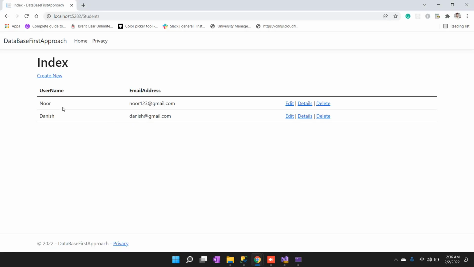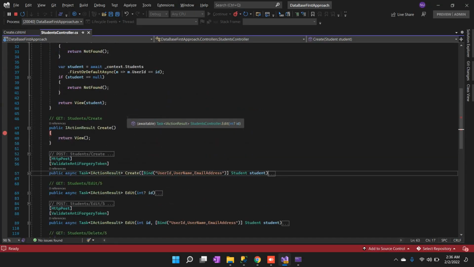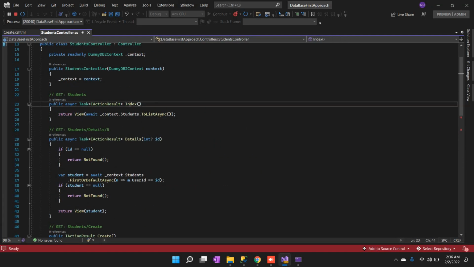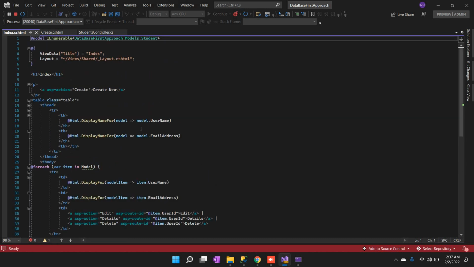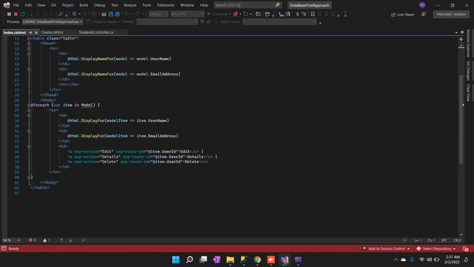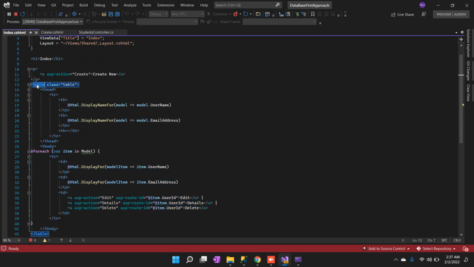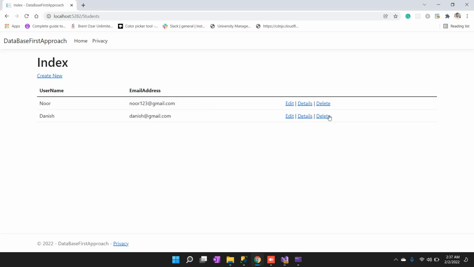Now you will be wondering where this screen is coming from. So if I just go to the index page, I mean this one, this line returns a list. Now if I go to the view, you can see here that we have the list. It is all a list, okay, inside the table. Okay, so I will now click on this button. If I click on this button, our controller,